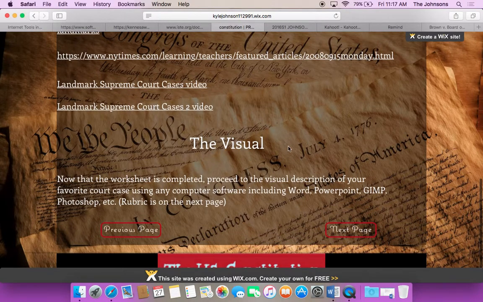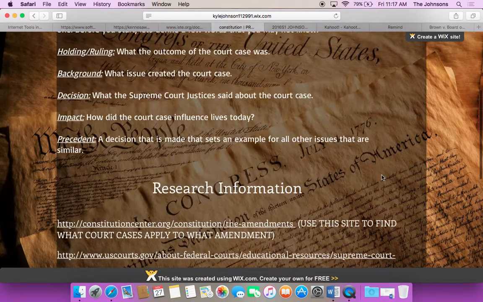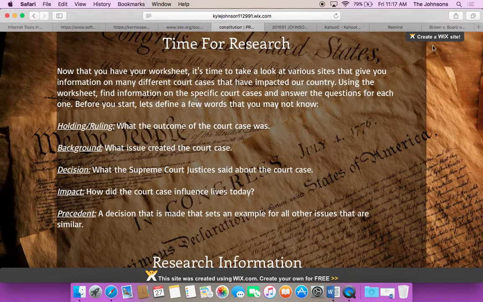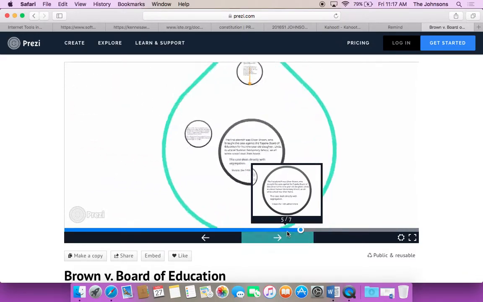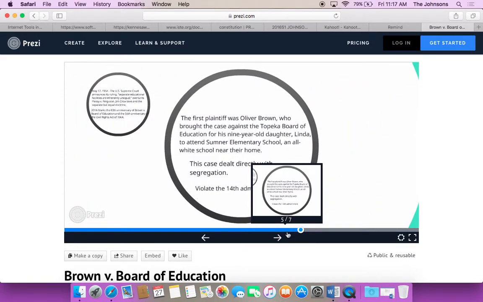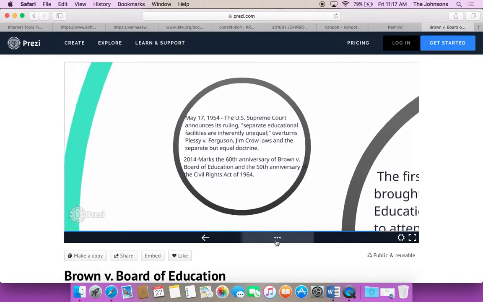This was basically a jigsaw version of basically letting all the students get the information of all the court cases in that way. A lot of the students did a Prezi, which is what you see here. Overall, it does a good job of giving the information,